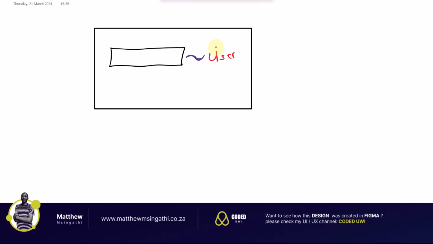And then what else do we want? I think that's all. We need a container. This container must be there. Let's just give it a name. This is input wrapper. This is going to be the actual input, and this is going to be the label. Cool. Now what we are going to do,